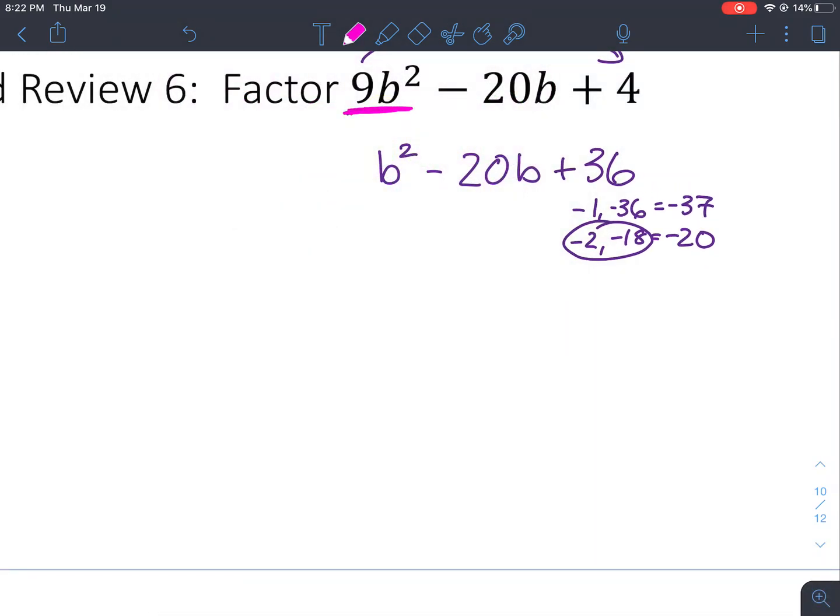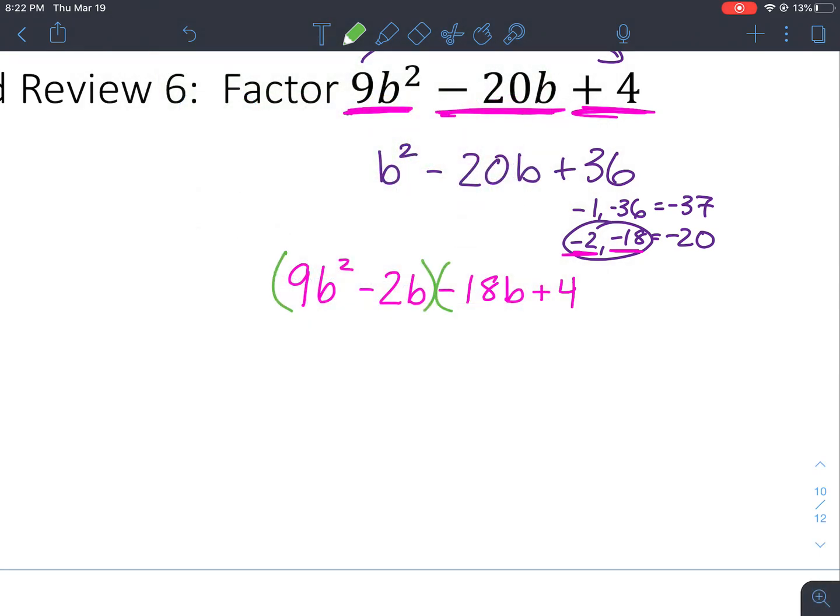Okay, so now I'm going to rewrite the original problem now that I have my 2 factors. 9b squared minus 20b is going to get split into these 2 new factors. Minus 2b minus 18b plus 4. Okay. From there, we group. First 2 together,